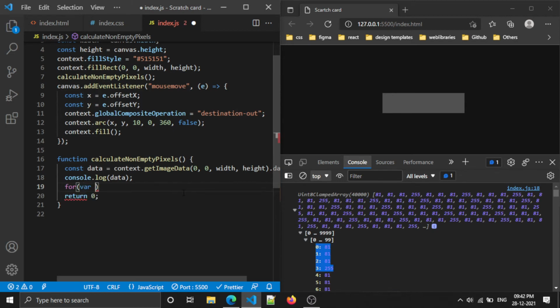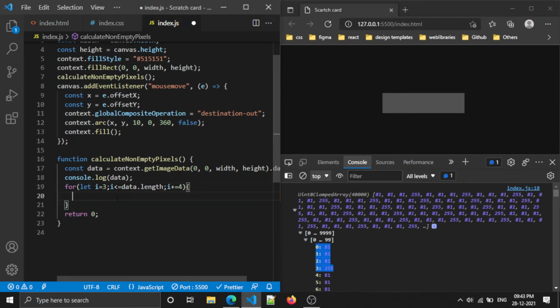As I told you, we have 4 values for each pixel, right? So then we don't need to iterate every value. For that, what I'm going to do is let i equal to 3, i less than or equal to data dot length, and i plus equal to 4.